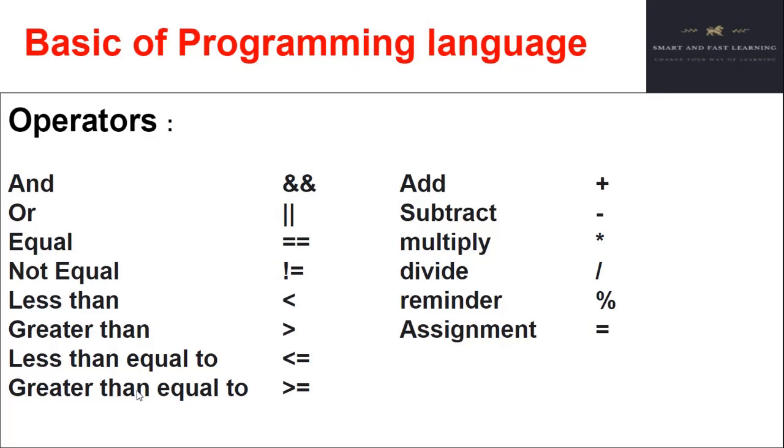Like that we have not equal to, where we write x != y. If x is not equal to y, then the statement gives us true, otherwise it gives us false. Like we check less than, x is less than y, x is greater than y, x is less than or equal to y, or x is greater than or equal to y. These operators are used to compare values. So these are some operators. We have more operators, but first we discussed these basic operators which we use in programming languages.